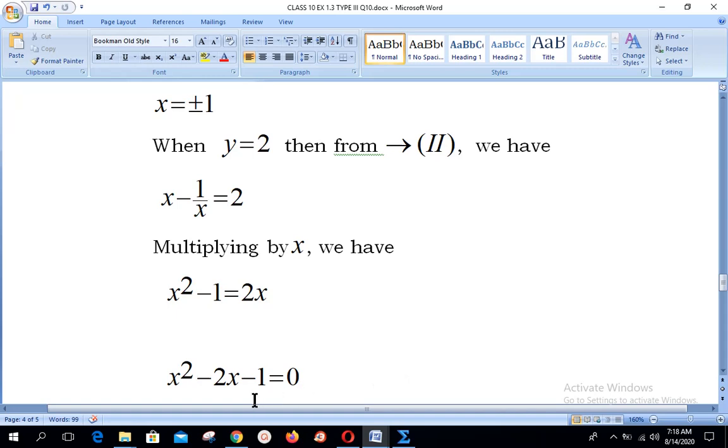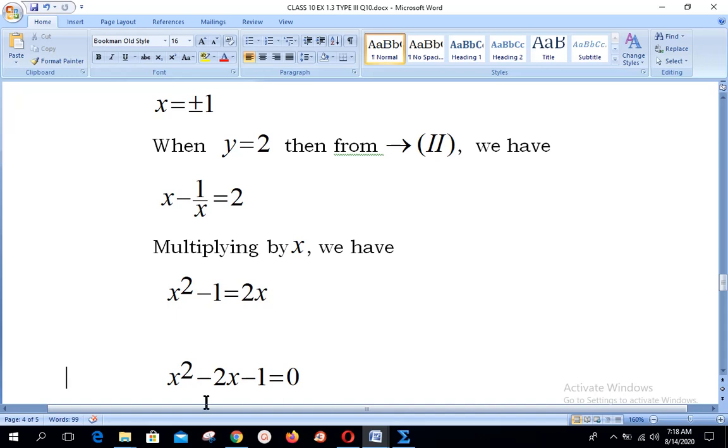And very interesting, viewers, over here the constant number is minus 1. Here the coefficient of x square is only 1, that is plus 1. So 1 multiplied by minus 1, your answer will remain minus 1. Now 1 has only one pair of factors, that is 1 into 1 with any sign, like 1 into minus 1 or 1 into plus 1, according to whatever is our need over here.